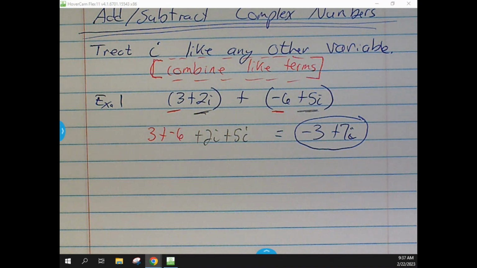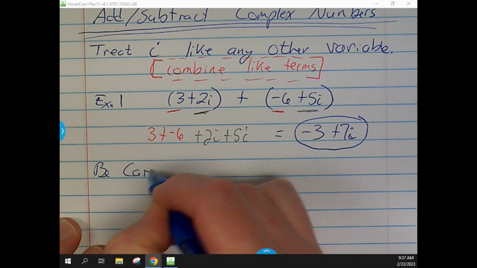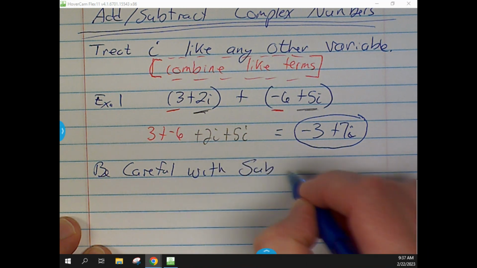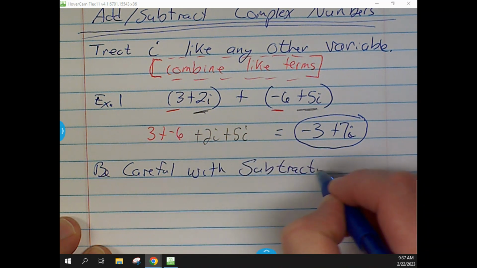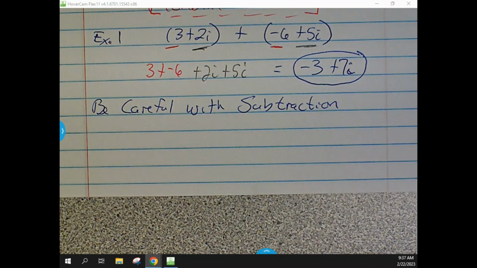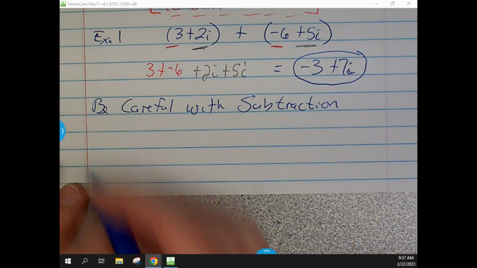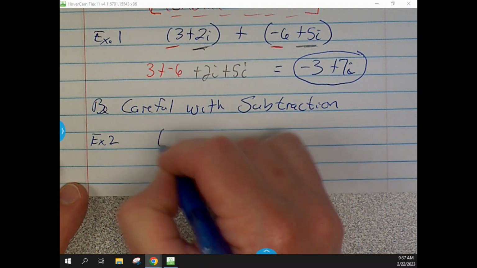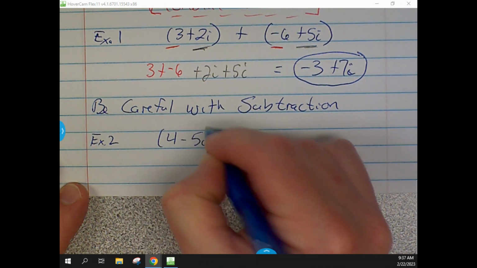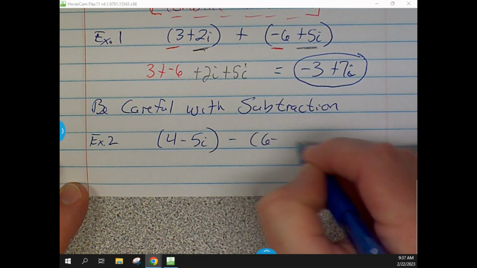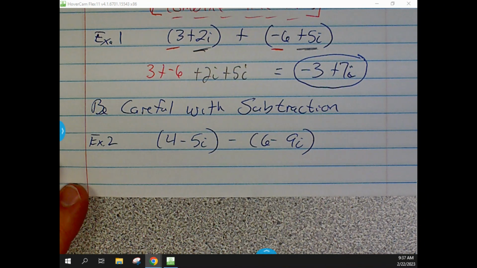The only thing you have to be careful of, and it's not hard, is just be careful with subtraction. I think this was the same thing that popped up when we first started doing some review problems: addition, everybody was good. Subtraction was the one where sometimes we would do a problem and people go, oh, yeah, I forgot to do that. Same thing with this one. So if we do 4 minus 5i minus 6 minus 9i,